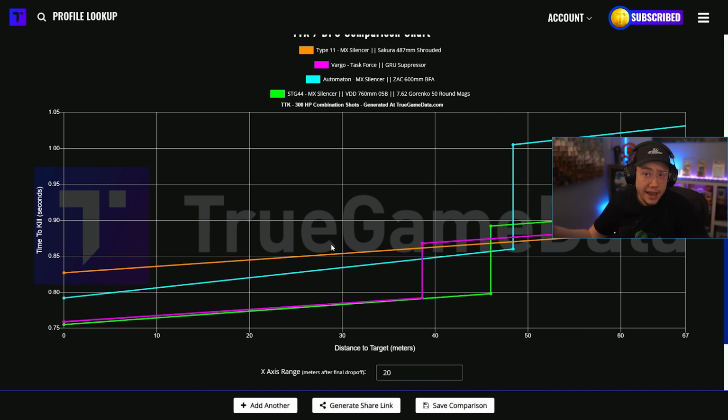Now the difference here is important to note. We're looking at a 0.792 TTK through 38 meters versus the Type 11, which is just above a 0.850 TTK. So about a tenth of a second when it comes down to it. Could you feel that in game? Maybe in some cases, but that's an incredibly small gap in all reality, right? But that said, yeah, through the first 38 meters, it's not necessarily the best, but then it's a lot more